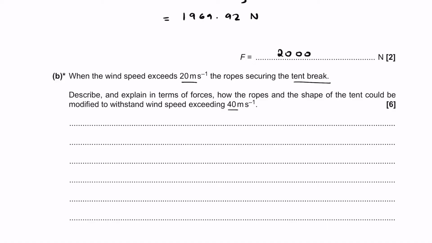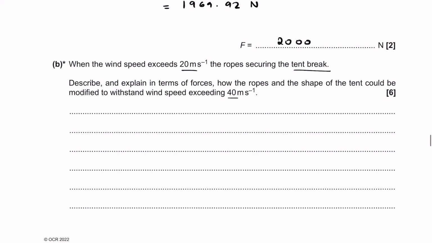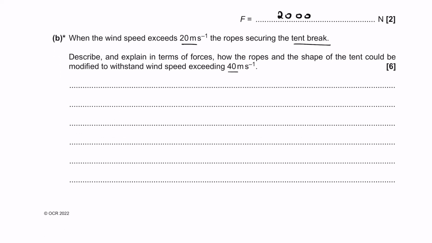This is all about the materials section of your OCR Physics A textbook. I'm going to explain this in bullet points because it just makes more sense in my head. So I know that as the velocity is doubled,